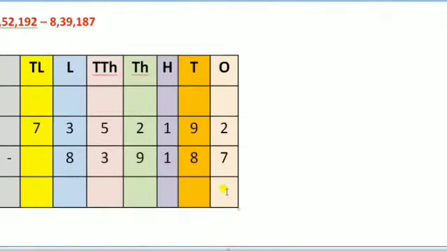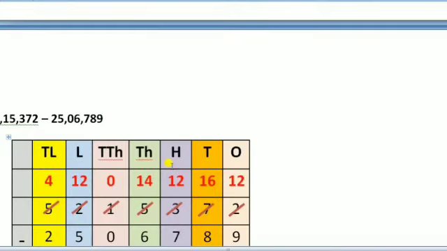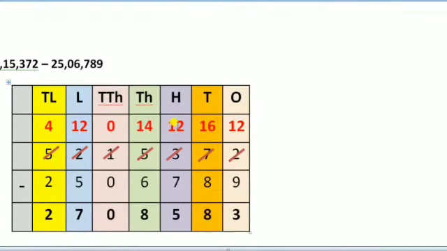B sum, try to solve it in the same manner. Wherever the second number is bigger than the first number, you have to borrow. Wherever in the first number the digit is bigger and the second digit is smaller, then we can directly subtract it. There is no need of borrowing.